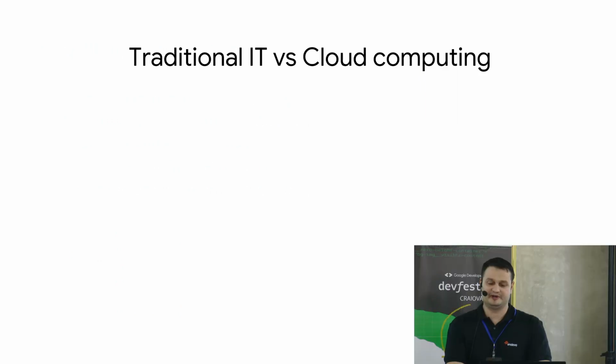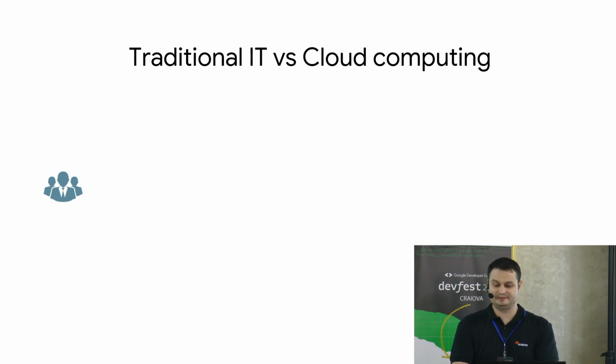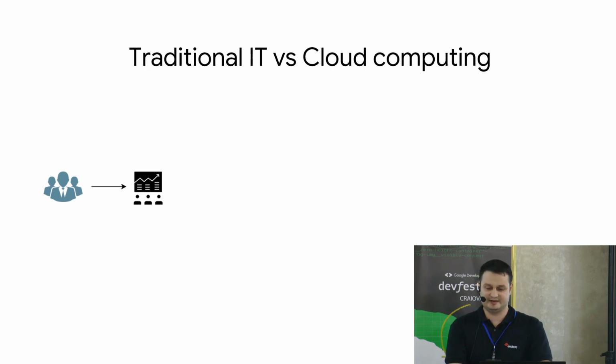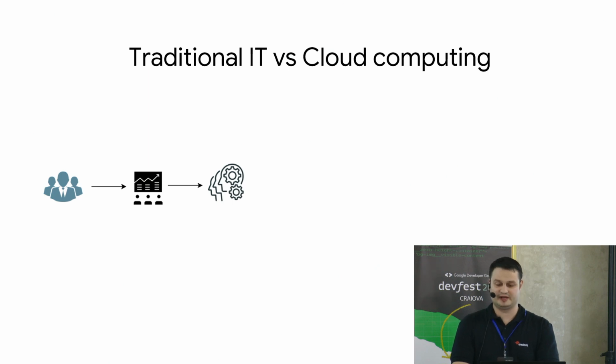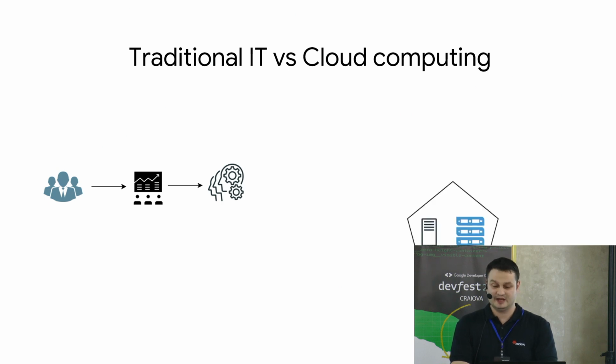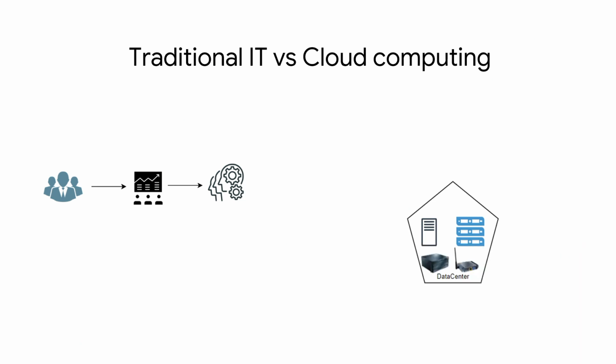Let's all refresh our memory and take a look on how software is delivered in a traditional IT model. Let's take, for example, a company that wants to deliver a new app. The business team presents the functionalities and the needs. Then the business analyst team analyzes them and brings up a set of high-level technical requirements. The software architects create the blueprint and the steps which will be followed for launching it. This includes requirements related to the infrastructure components, such as the number, the type, specifications of the backend, frontend, databases, servers, etc. Taking into consideration that we're in the traditional IT model, this means that everything should happen on the on-premise servers of the company.